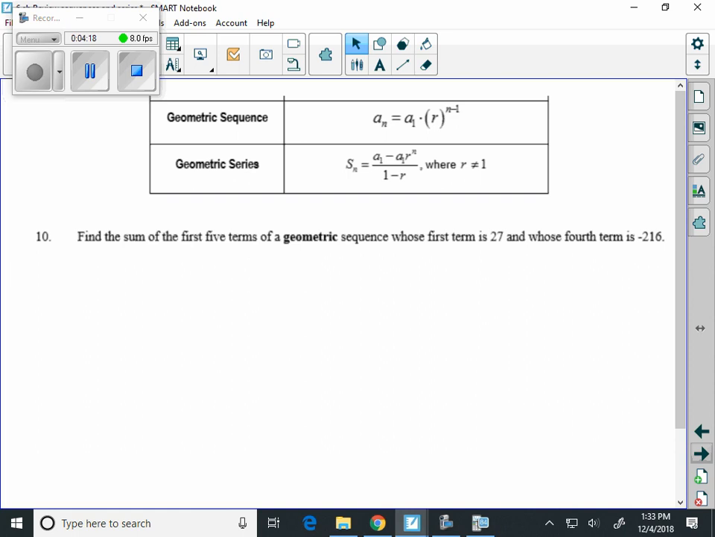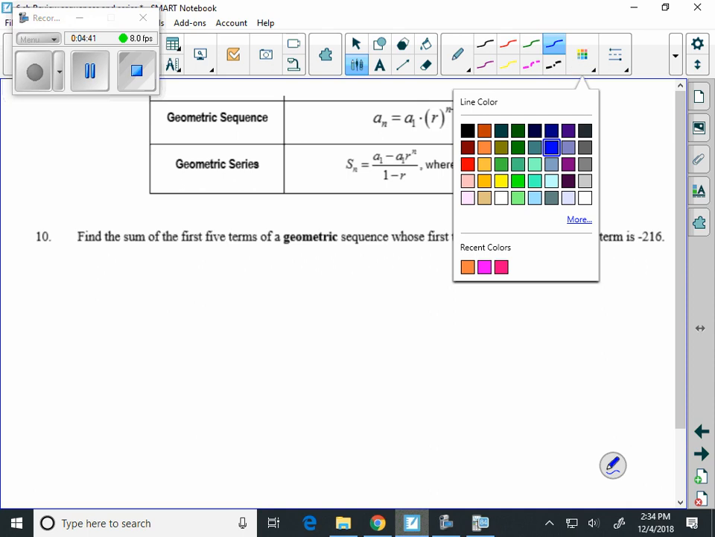Number 10. Find the sum of the first 5 terms of a geometric sequence whose first term is 27 and whose fourth term is negative 216. Find the sum of the first 5 terms of a geometric sequence whose first term is 27 and whose fourth term is negative 216. And again, when we take a look at this, you might like to set it up